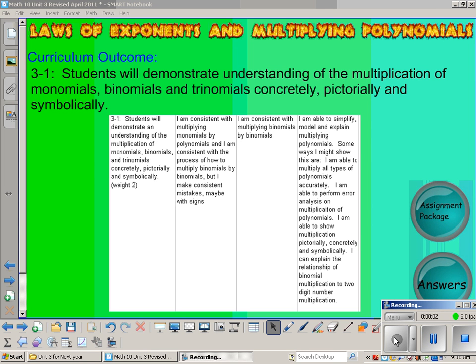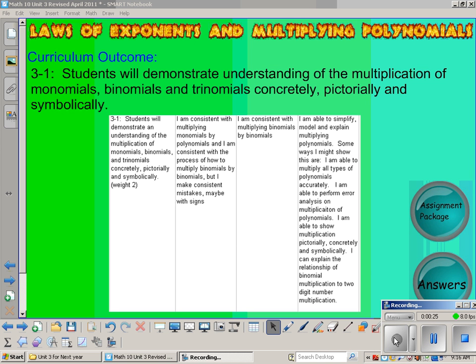Okay, this unit that we are now going to look at is about multiplying polynomials. The outcome for this is that students will demonstrate an understanding of the multiplication of monomials, binomials, and trinomials, concretely, pictorially, and symbolically. To be a level 2, you are consistent with multiplying monomials by polynomials, and you are consistent